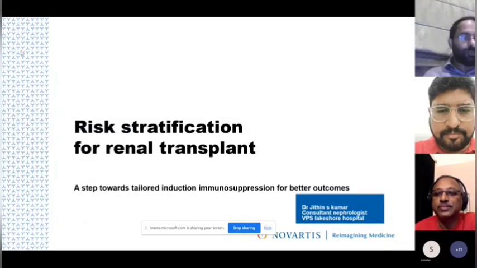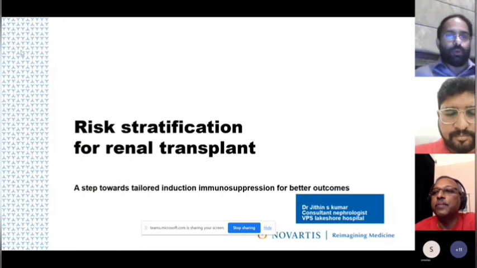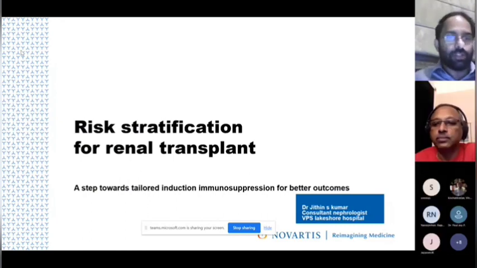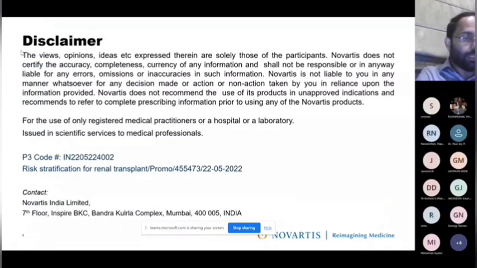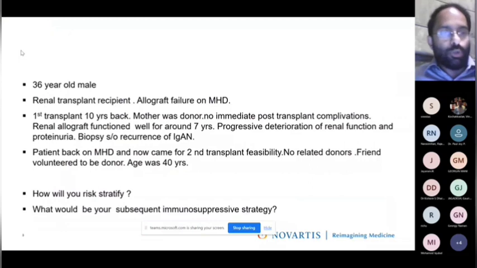I'll be moving on to the topic. The topic is about risk stratification for renal transplantation. Now, if you talk about risk stratification, this is quite important to know the immunological risk status of